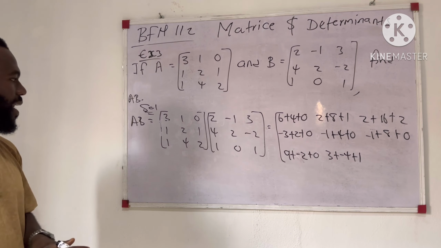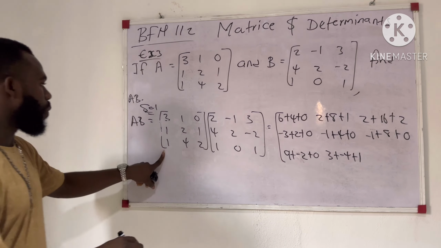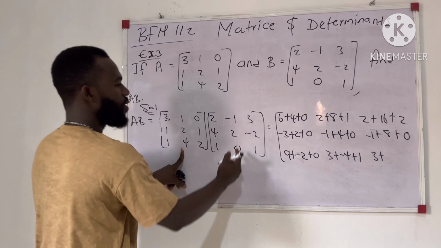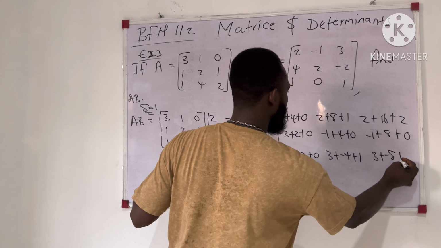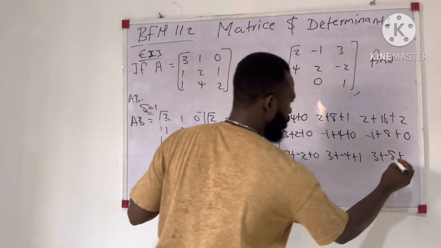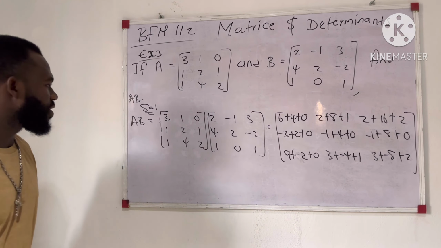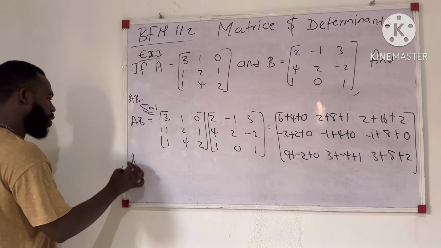Let's go now. The last row, which is 1, 4, 2. 1 multiply 3 gives us 3. 4 multiply minus 2 gives us minus 8. And 2 multiply 1 gives us 2. As simple as this. So let's go without wasting time. AB becomes,